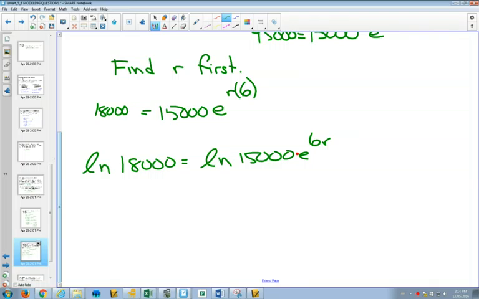Other mistakes that I saw is that people divided by the natural log of 15,000 here. We have to be careful because right now all of this is inside that natural log, because you took the natural log of the whole side. You can't just divide by part of it because a logarithm is a function. So you have to deal with your function first. So the first step here